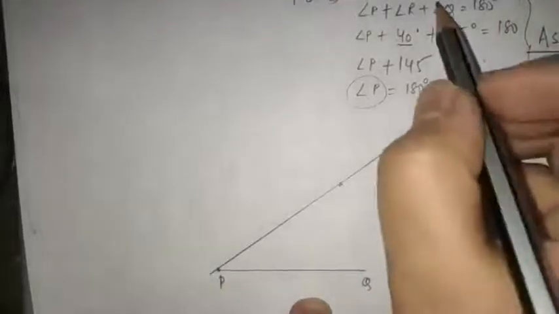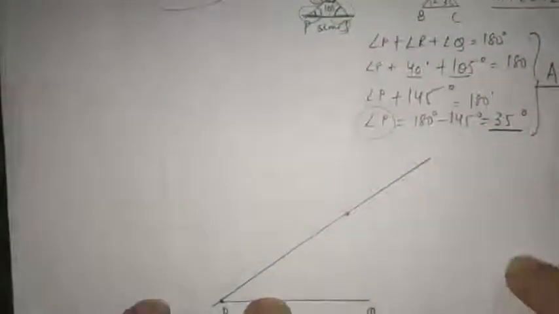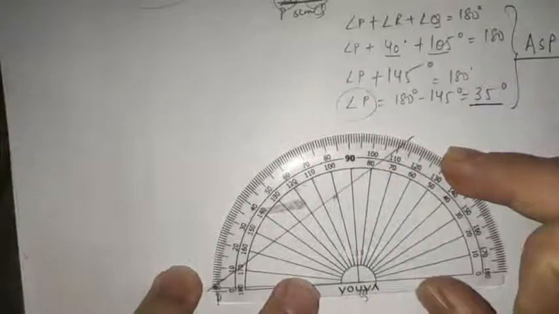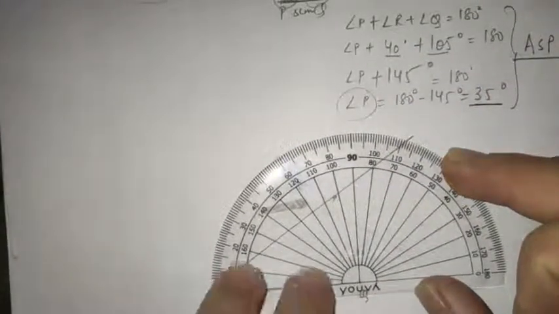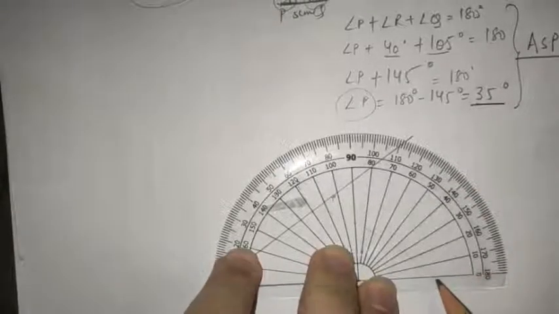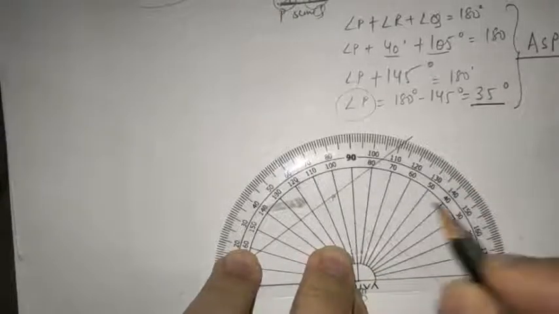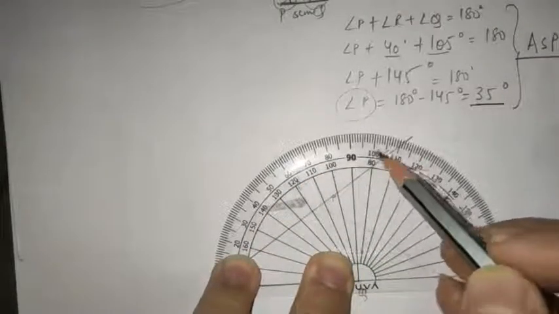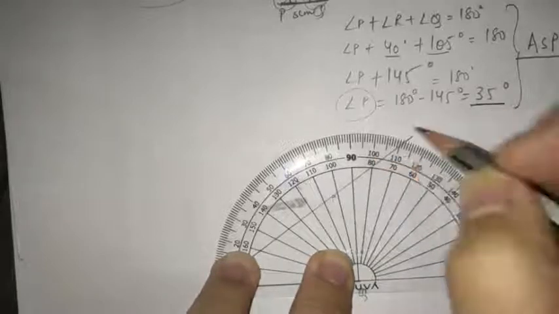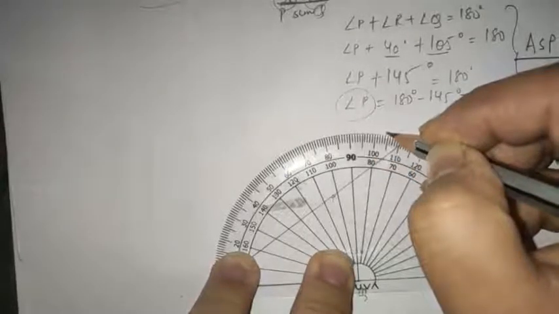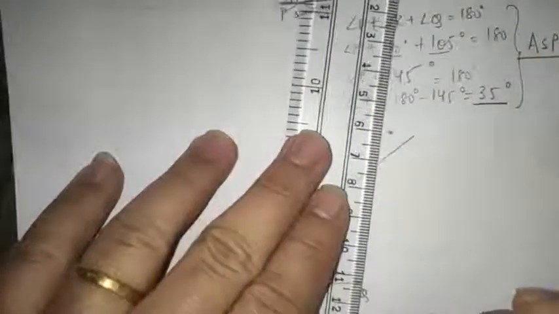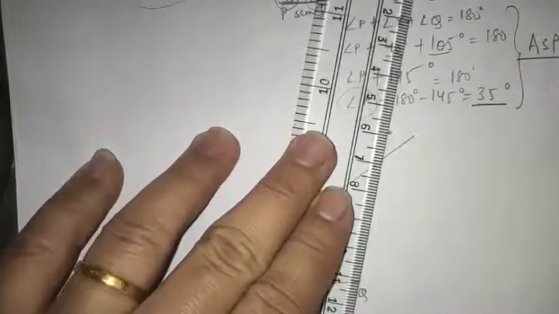Next we have to make angle Q, which is 105 degree. So let's do that also. So angle Q is 105 degree. So where is your 105 now? So we will count from 0 here. Yes? No, sorry. It will be 100, 110. So 105 lies in between 100 and 110. So it is 105 here. Just check it out. Right? So now join the two points Q and this dot.